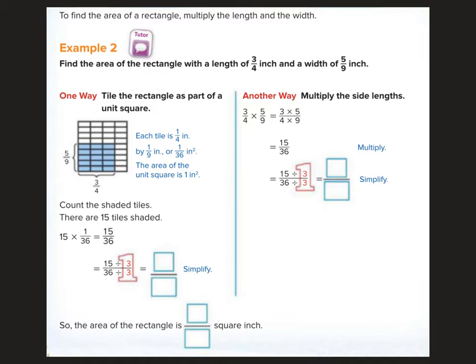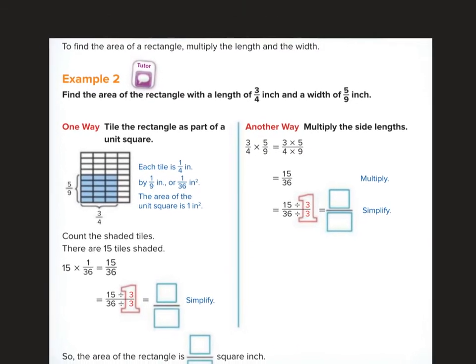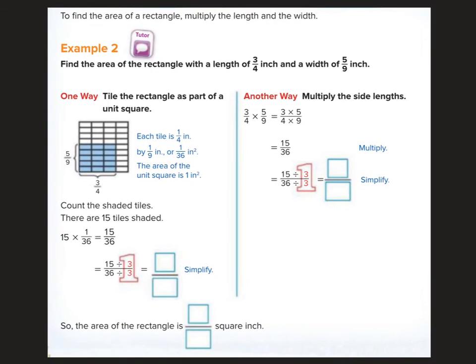Okay, so on the top up here it says to find the area of a rectangle, we multiply the length and width. Okay, so find the area of the rectangle with a length of 3/4 inches. Here we go. Here's our rectangle with 3/4 inch and a width of 5/9 inch. So if I'm going to multiply 5/9 times 3/4,